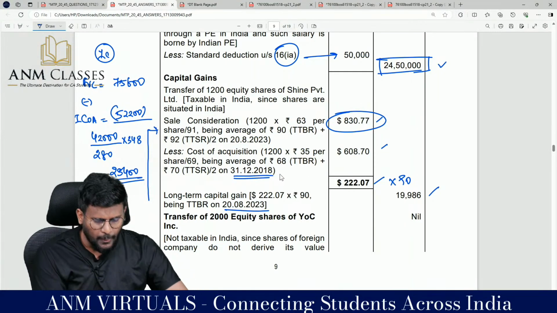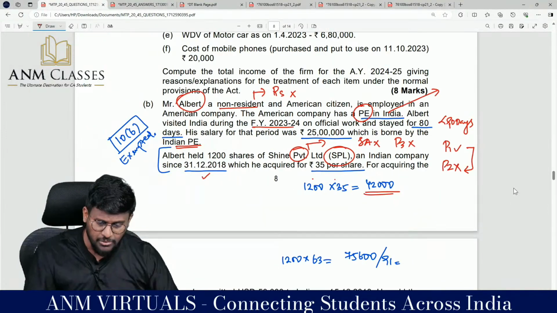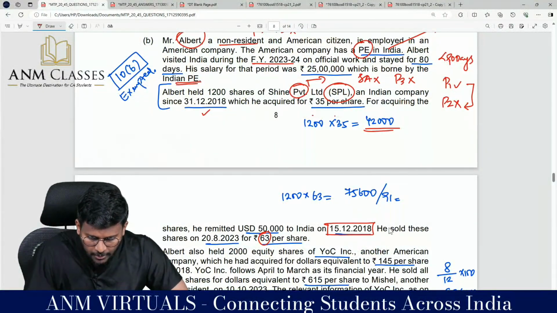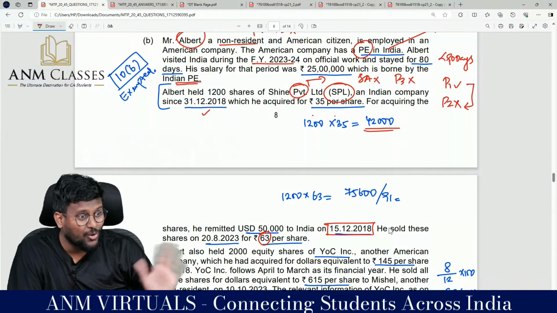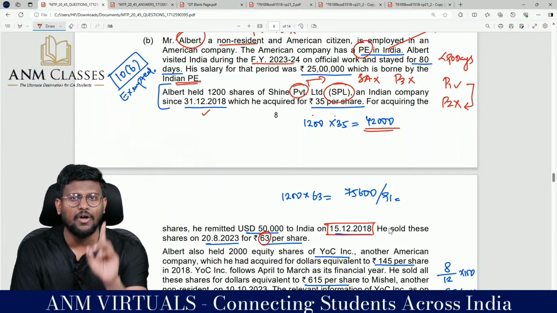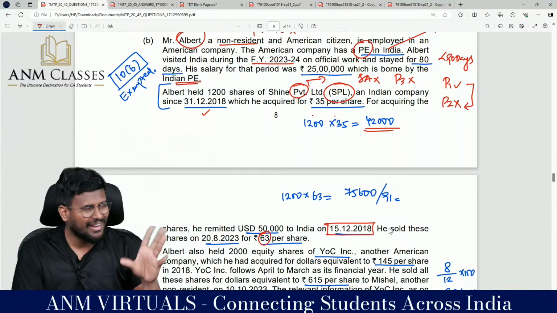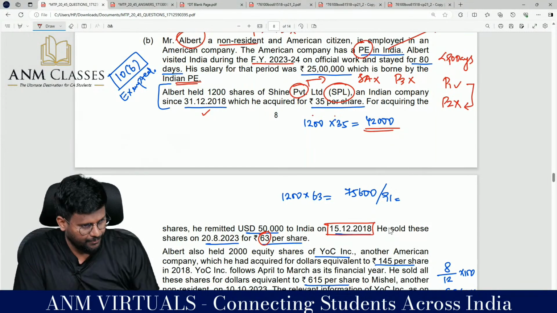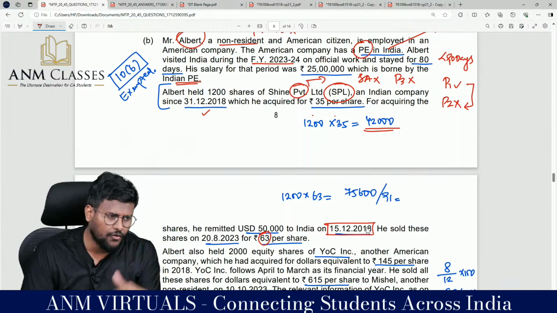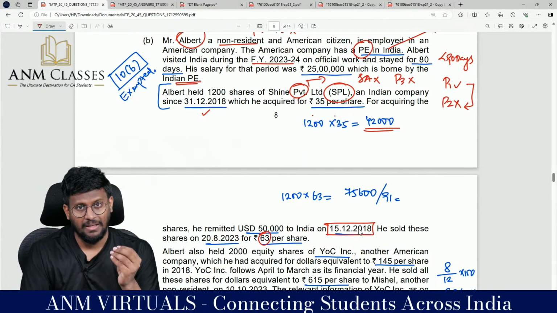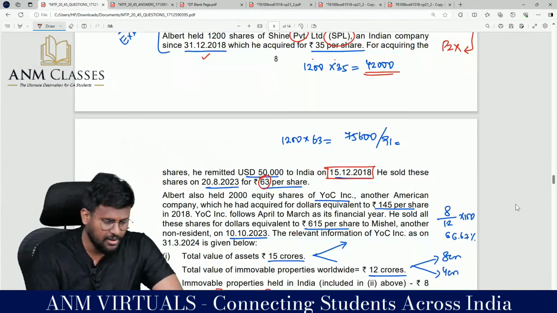The money was transferred from abroad on 15/2. But you should not take that date. You have to take the average rate on the date of acquisition, the date of purchase. When the money actually arrived does not matter. So: average rate on the date of transfer, average rate on the date of transfer, again average rate on the date of purchase, then for reconversion, the buying rate on the date of transfer.